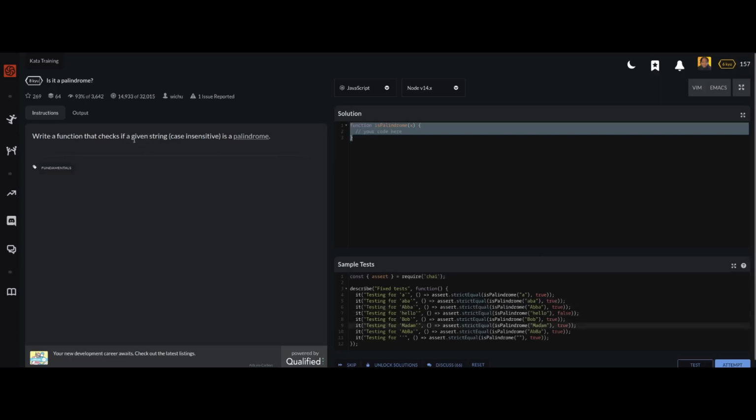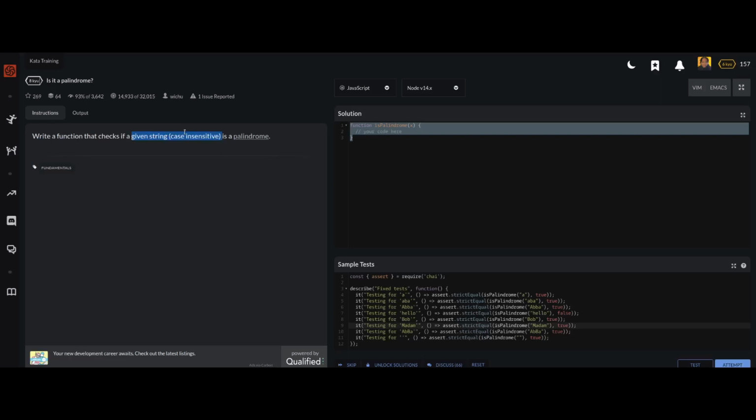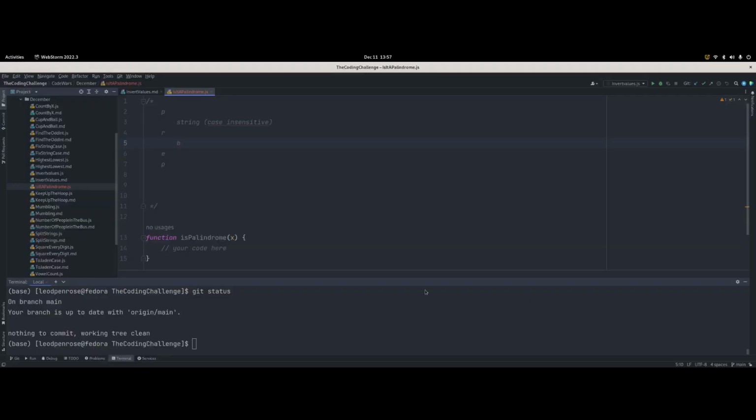Checks if a given string. So this given string is case insensitive, so it doesn't matter if the case is uppercase or lowercase. String, we'll put case insensitive. So we're getting a string and we need to return a boolean, I believe. Yeah, boolean, true or false. Boolean value,